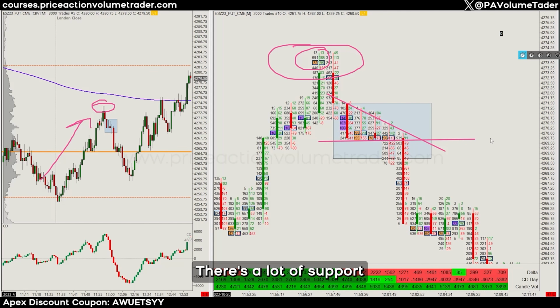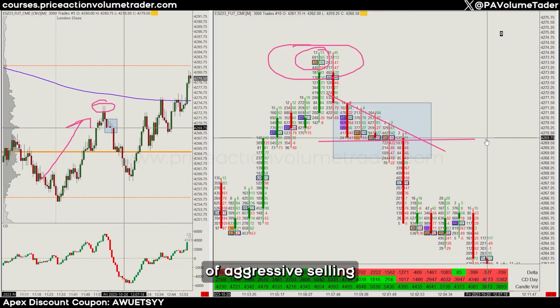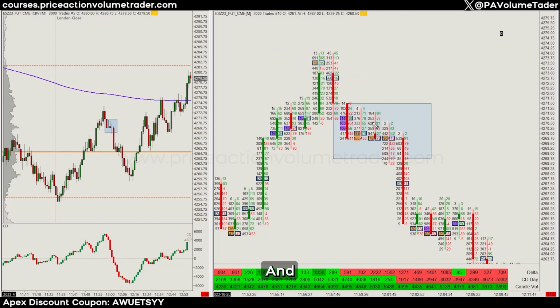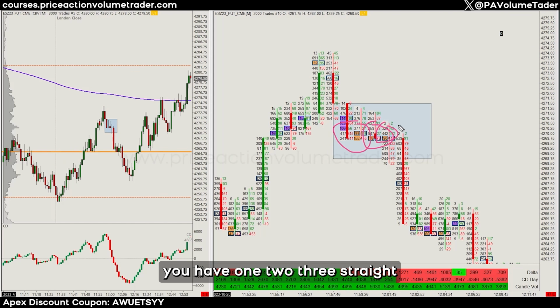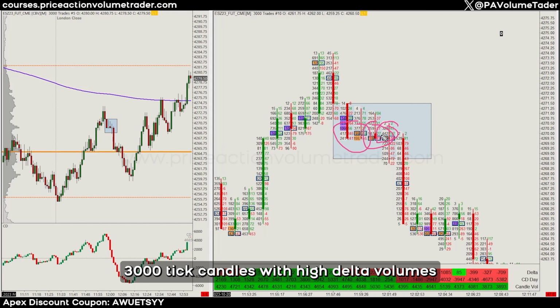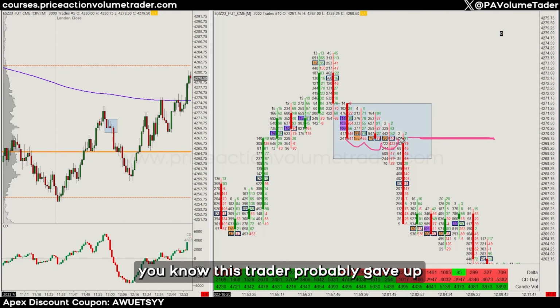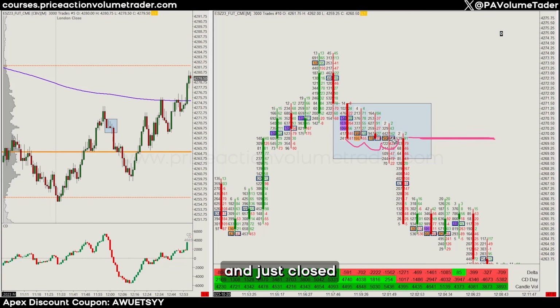There's a lot of support of aggressive selling at 42.69.75. And you have 1, 2, 3 straight 3,000 tick candles with high delta volumes to sell. The market is not budging. So that means there's a very large passive buyer that is setting limits to absorb all this selling. But eventually, in this case, this trader probably gave up and just closed or pulled off his positions,